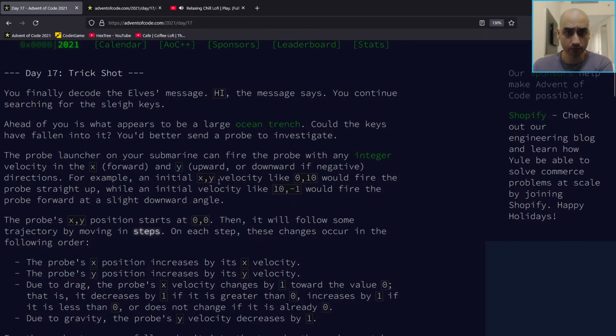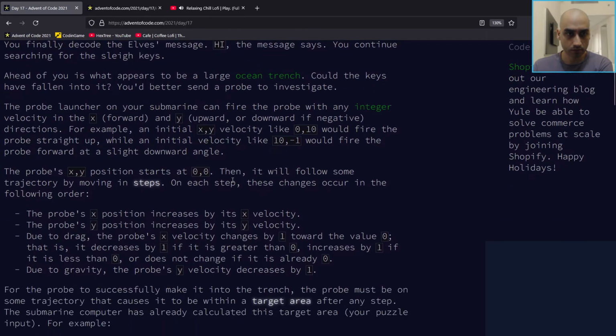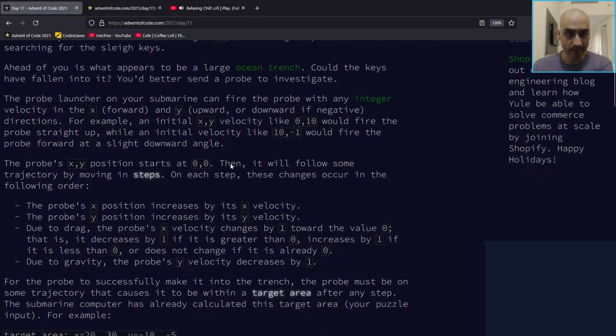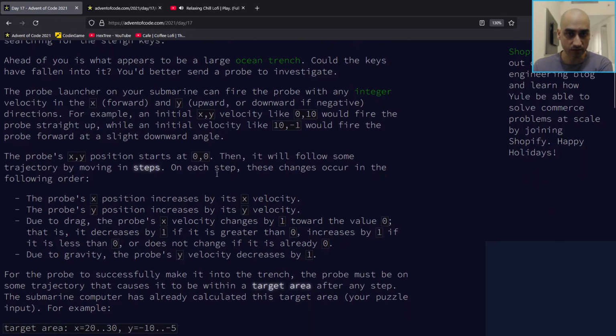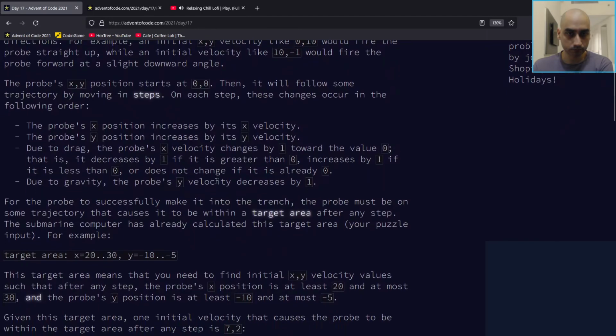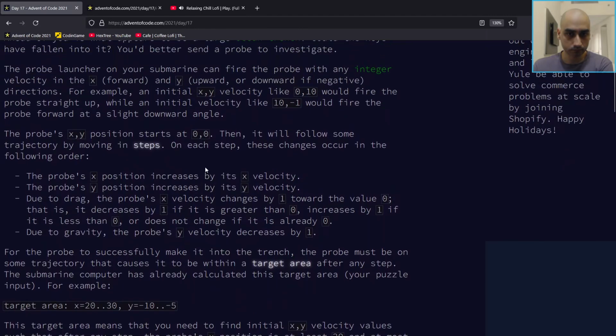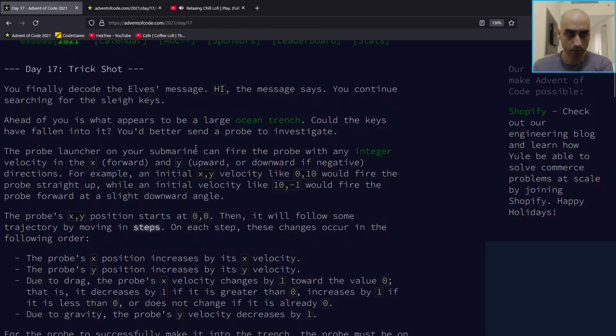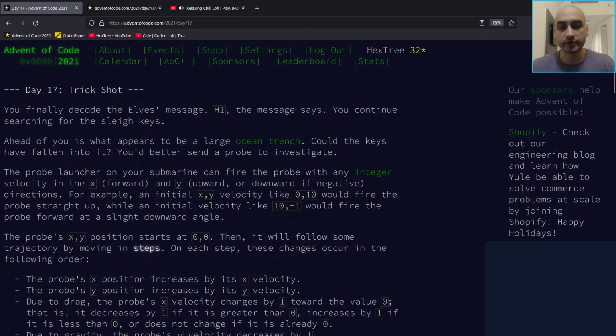We can shoot downwards. And we may need to. Like, maybe you can't even do it shooting upwards. Okay. Alright, so